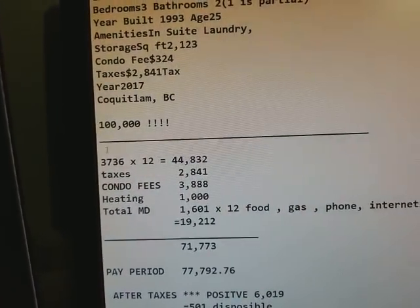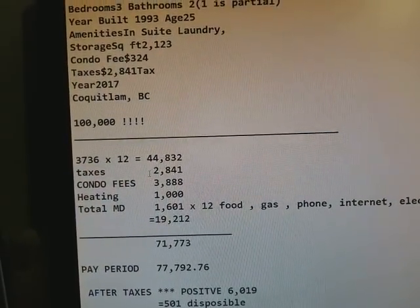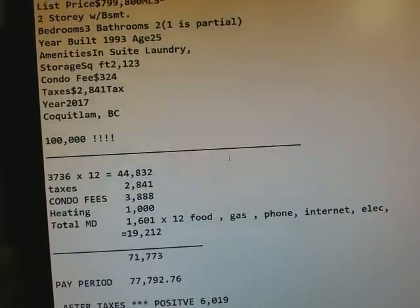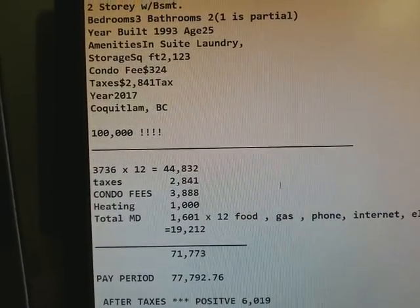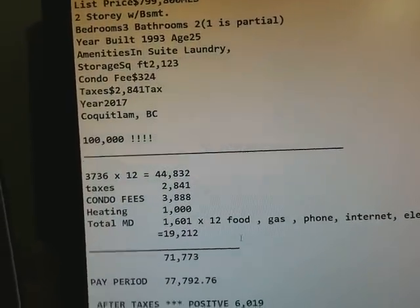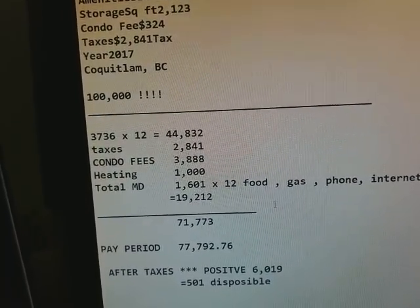And then your total monthly cost is going to be $1,601 times 12 months. That is for gas, food, phone, internet, electricity. Unless you're immune to this stuff, which I don't think you are, it's going to cost you about $20,000 a year for all that stuff. Whatever, daycares, whatever you want to add in there, that's your budget, right? That leaves you with